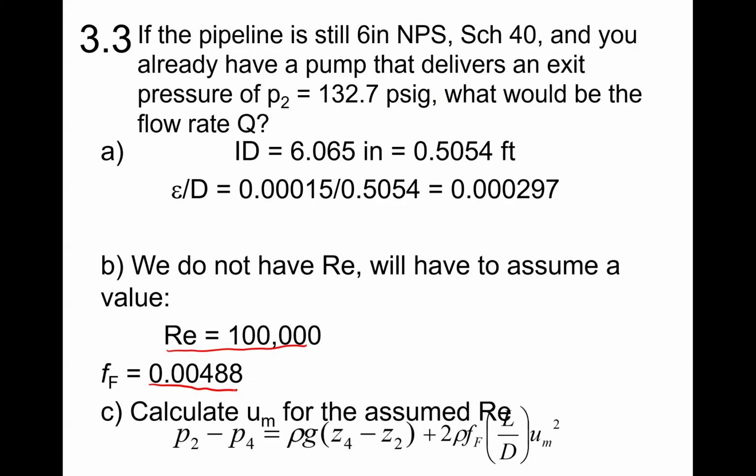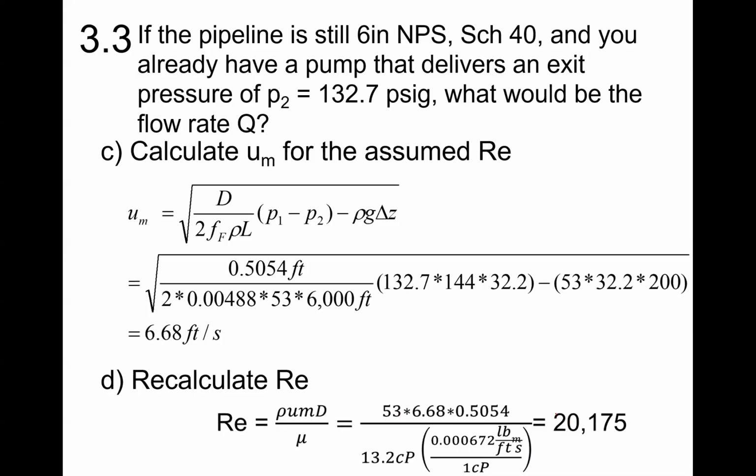Now, we have the friction factor. We have L over D. We have the delta height. And we have the delta pressure given here. Therefore, we can solve for velocity. That's a calculation of velocity. You don't have to do it all at once like I did here, but there's the diameter, the friction factor, 53 pound mass per cubic feet, 6,000 feet of pipe, the delta P, which is 132 PSI gauge, but then we multiply by 144 to change it to feet squared, and then we multiply by 32.2 to convert the pound force to pound mass feet per second squared. And the same here, 53 times 32.2 times 200 feet difference. All that to give you